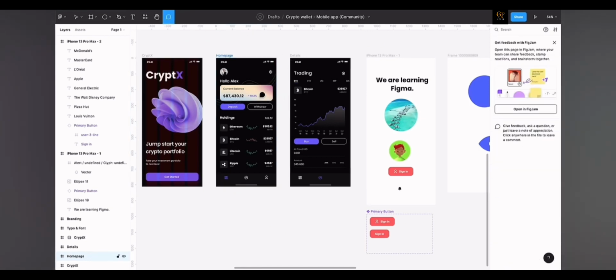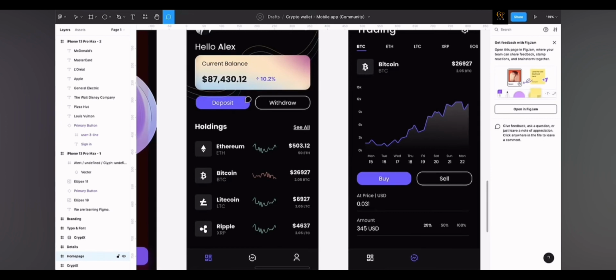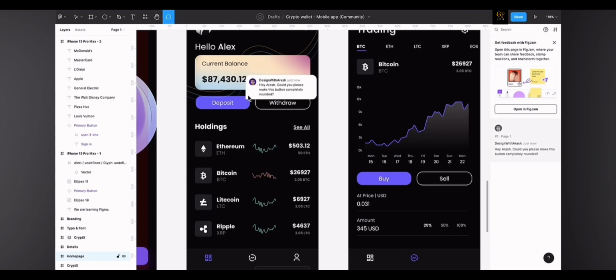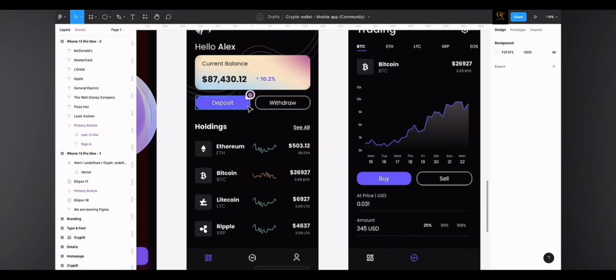Let's suppose they want you to go ahead and change the corner radius of these buttons. So they are going to create a comment here and they say, "Hey Arash, could you please make this button completely rounded?" They send it, then you can open it up, you can reply here, and let's suppose you made